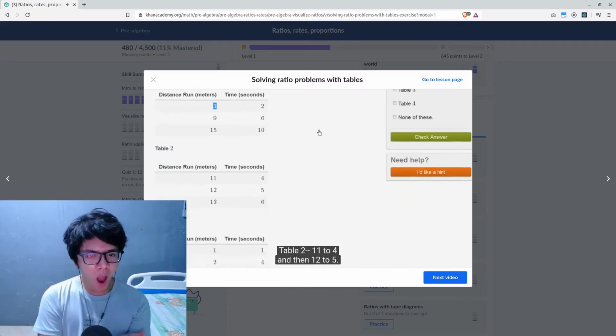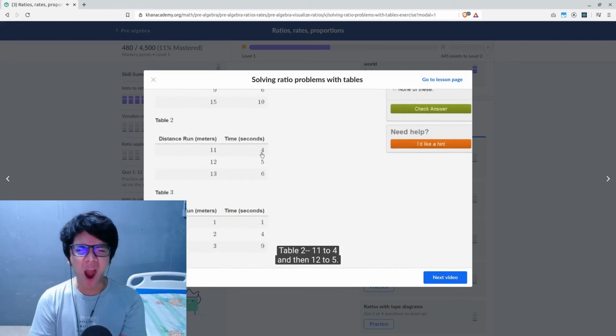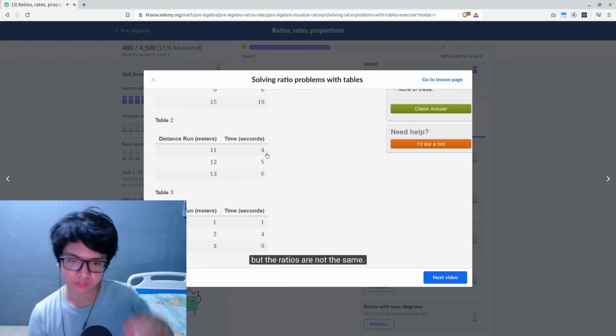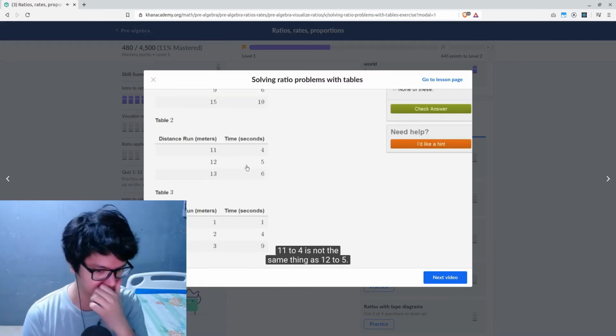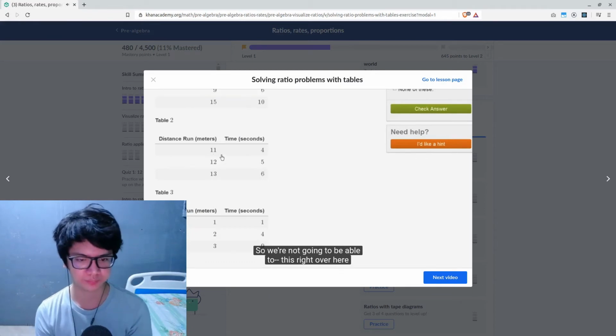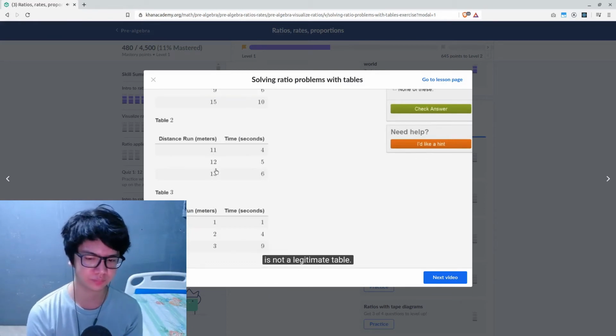Let's keep going. Table 2, 11 to 4, and then 12 to 5. Here it's just incrementing by 1, but the ratios are not the same. 11 to 4 is not the same thing as 12 to 5. So this right over here is not a legitimate